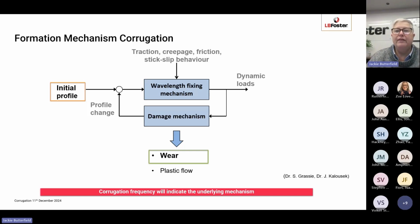or triggers a wavelength fixing mechanism. So this wavelength fixing mechanism actually determines the wavelength and frequency of the corrugation damage. And this is related to the vehicle, the dynamic behavior of the vehicle track system. And the action of repeated traffic or vehicles with a similar dynamic behavior just reinforce that fixing mechanism. This wavelength fixing mechanism fixes not only the wavelength, but also the position of the eventual corrugation damage along the